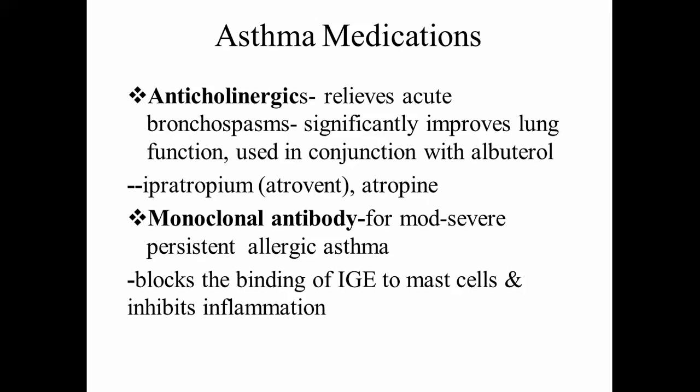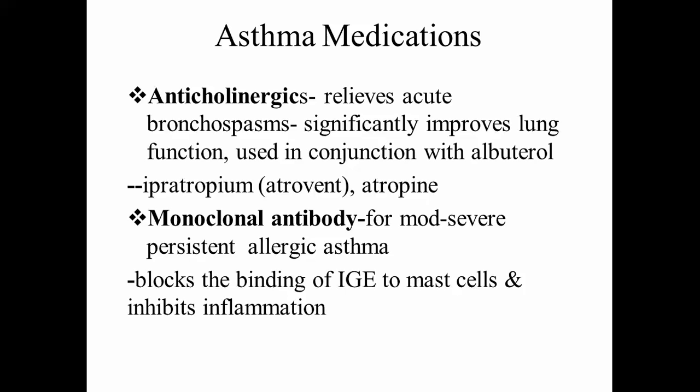Examples of anticholinergics would be Atrovent or ipratropium and atropine. At Children's Hospital, if a child is in there for asthma, they'll be on albuterol aerosol in addition to Atrovent. And Atrovent is usually given every 6 hours, and albuterol can be given every